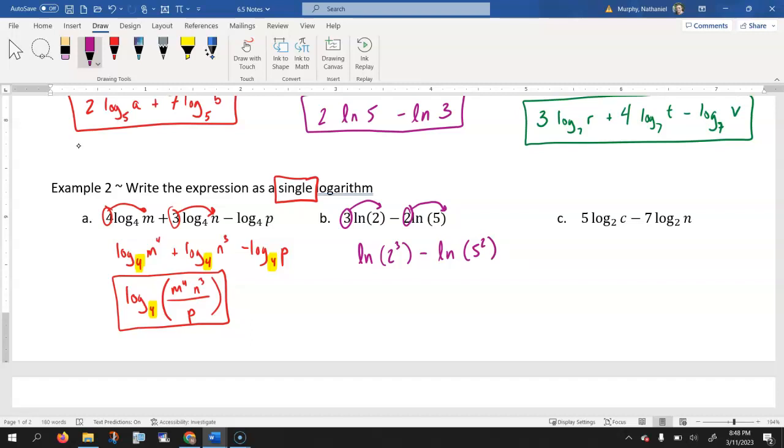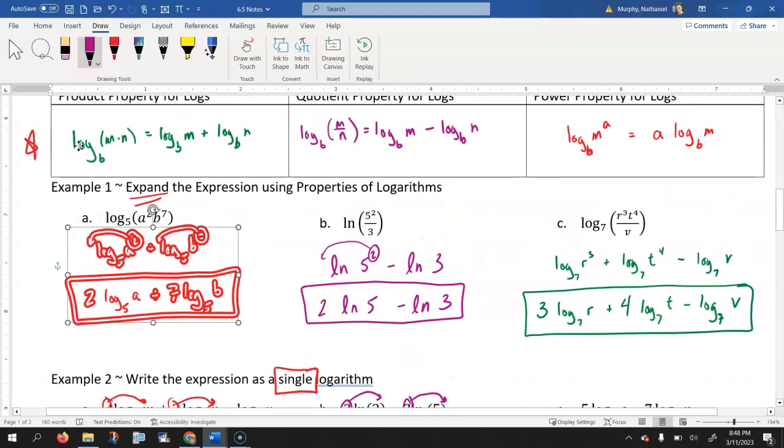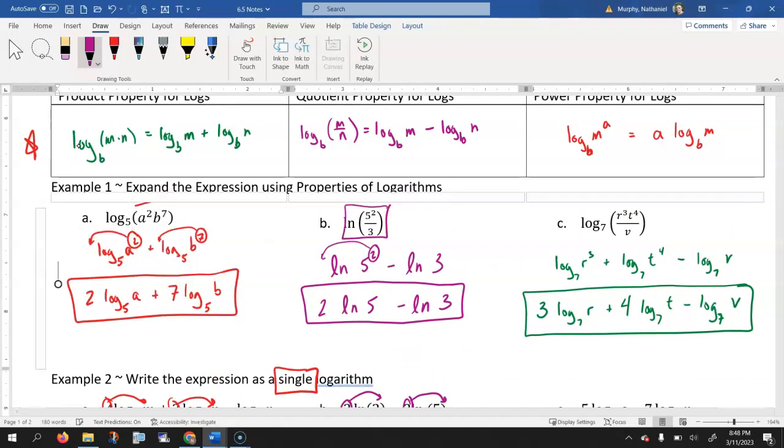Now, since we have subtraction here, we're going to combine these as a single logarithm, where we would have 2 cubed divided by 5 squared. Now, personally, I'd be fine with you leaving this just like that. Just like our previous one right up above it. They didn't have it simplified, so you don't have to simplify yours either unless I ask you to simplify it. But just know that if something happens on Savas, however you want to pronounce it, if you